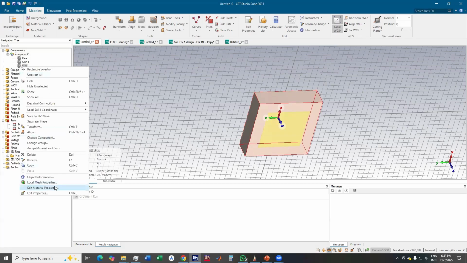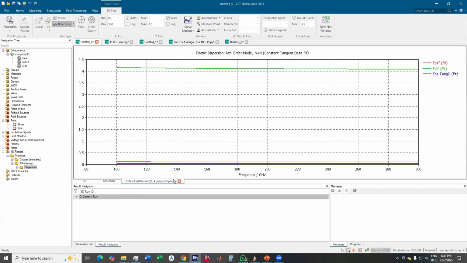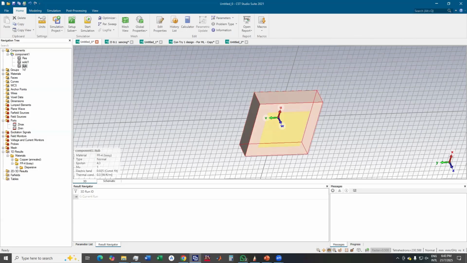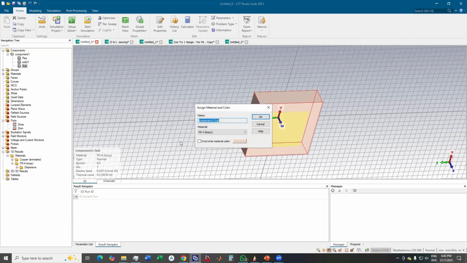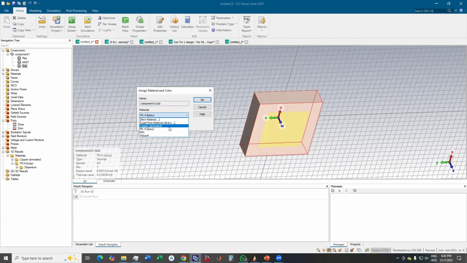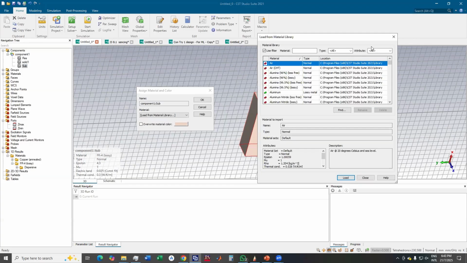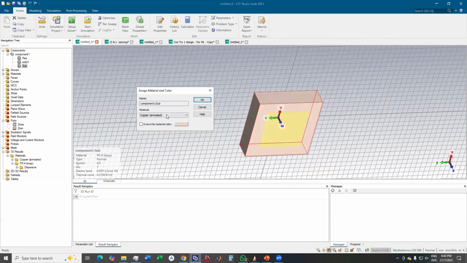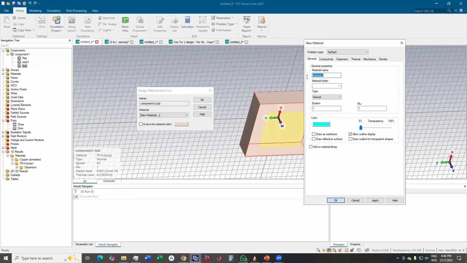We can set any material from the library. Say we want to use something that is not available in this library. We should go here to new material, and we give the material